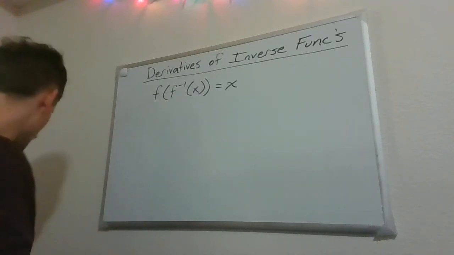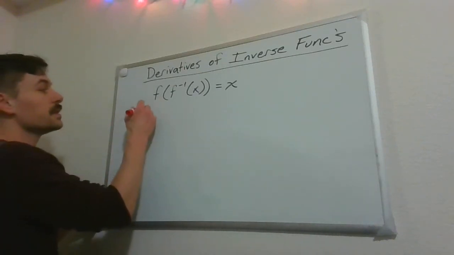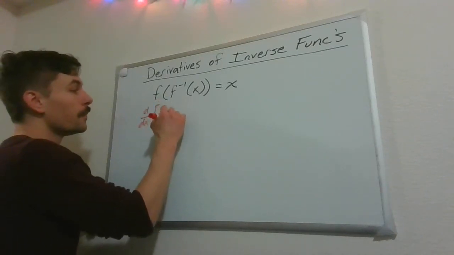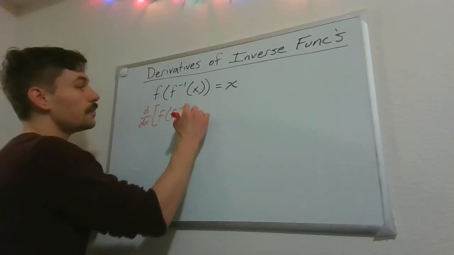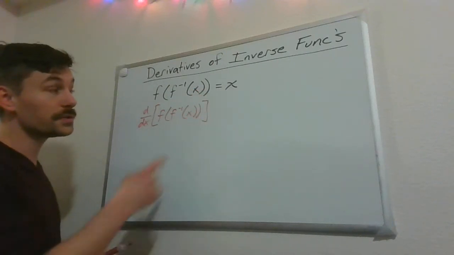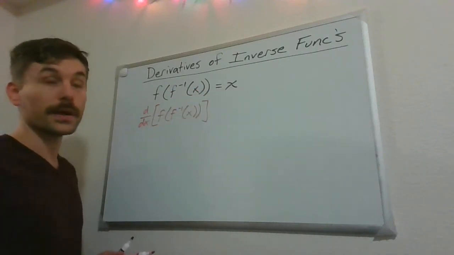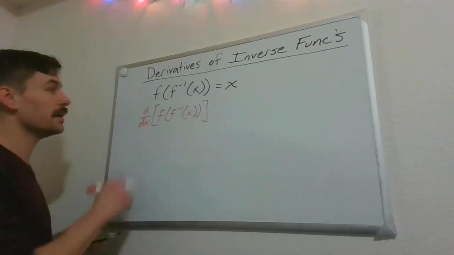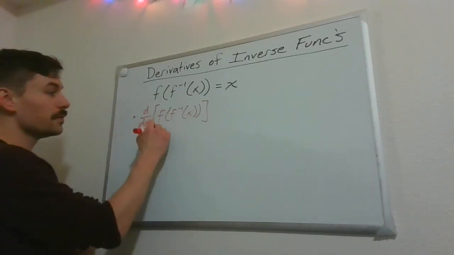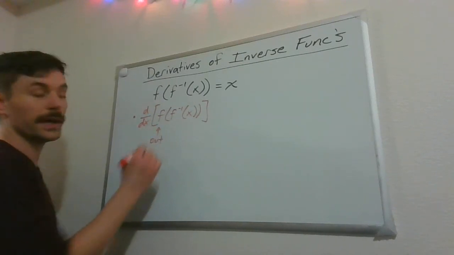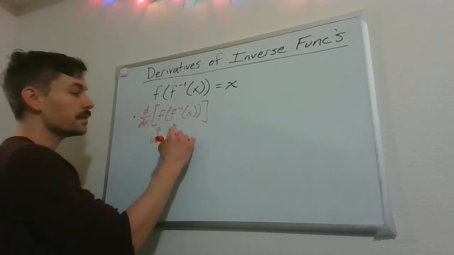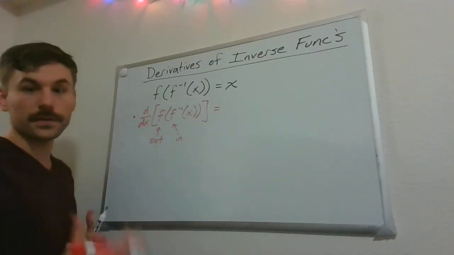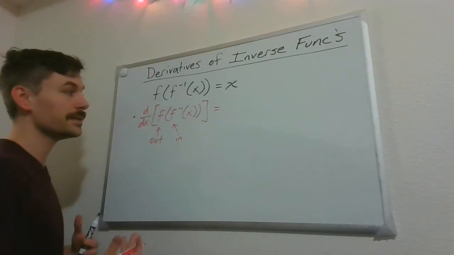So say we take the derivative of the left side. That should be equal to the derivative of the right side, but we'll get there in a second. So the derivative of the left side, this is going to be a chain rule. We have an outside function f and an inside function f inverse. So if we just cut to the chase on the chain rule,